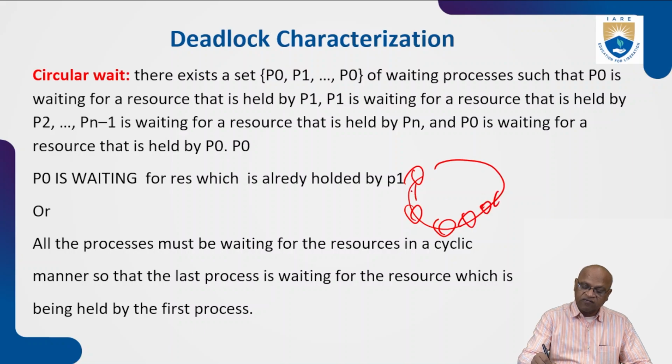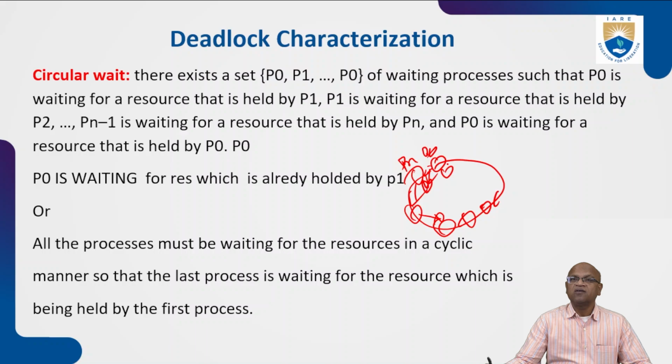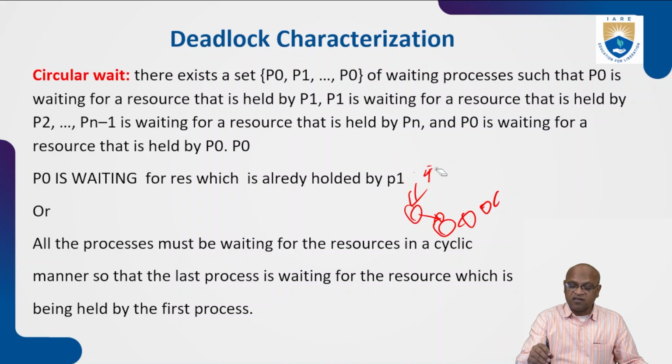So this is a process. He is waiting for somebody. He is already holding one, and he is waiting for a resource already held by somebody else. Similarly, this is Pn and P0. It is holding on to something and requesting the resource being held by P0. So this is called circular wait, and this also causes a